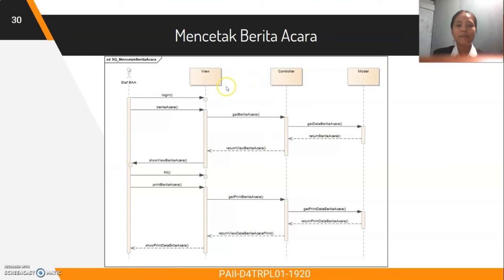This is a sequence diagram of the function of printing news reports performed on the BAA staff role. The first step taken by BAA staff is to log in on a web page using the login method. Then send a request with the method used, namely the berita acara method. Then to submit a request to the object models, the view object sends it by calling the getBerita acara method to the controller object. Then the controller calls the getBerita acara method to communicate and retrieve data from the model object,